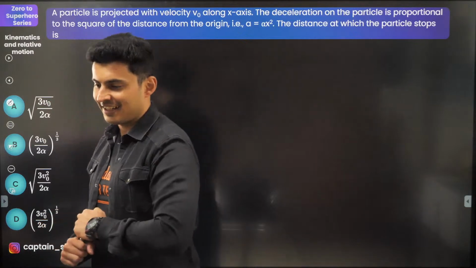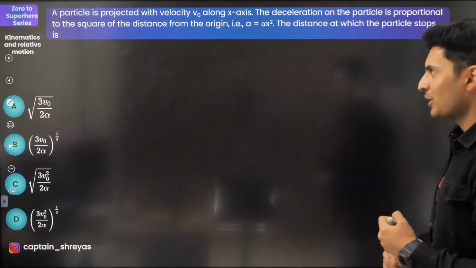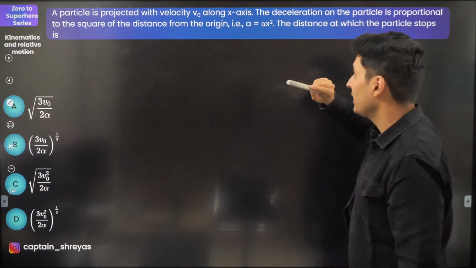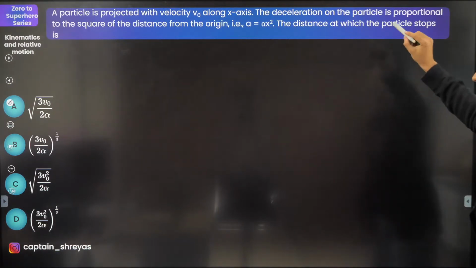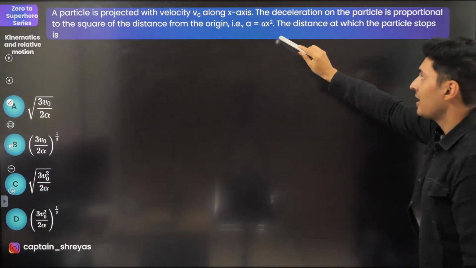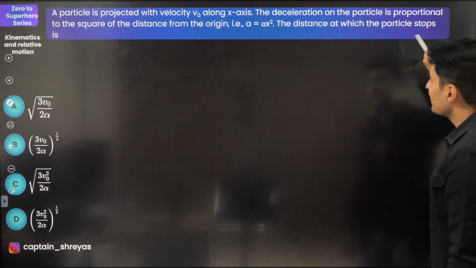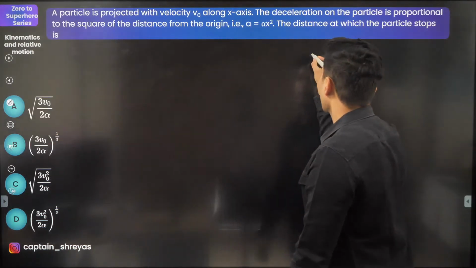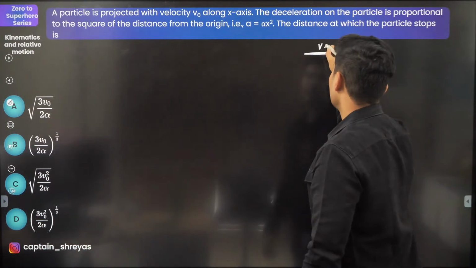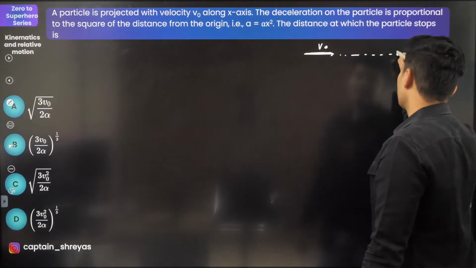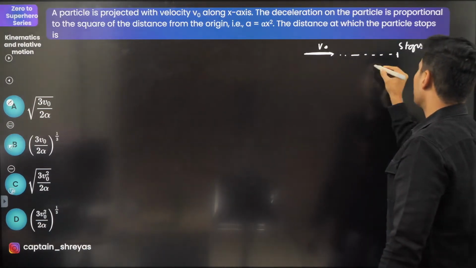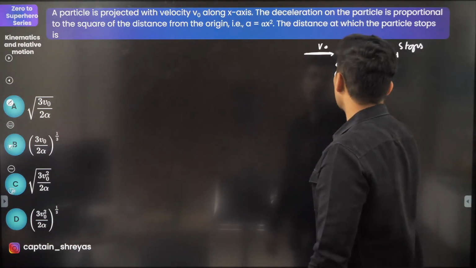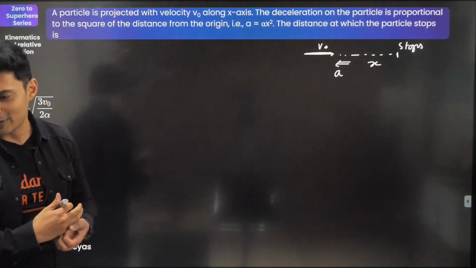Okay, great. Let's see how many of you can do this question based on calculus, because I can see some acceleration is alpha into x square. Velocity is along the x-axis. It decelerates as per this law. What is the distance at which the particle stops? Let's try to imagine what is exactly happening. It starts with a certain velocity and it decelerates and stops, moving a certain distance x, because the acceleration is opposite to its velocity.